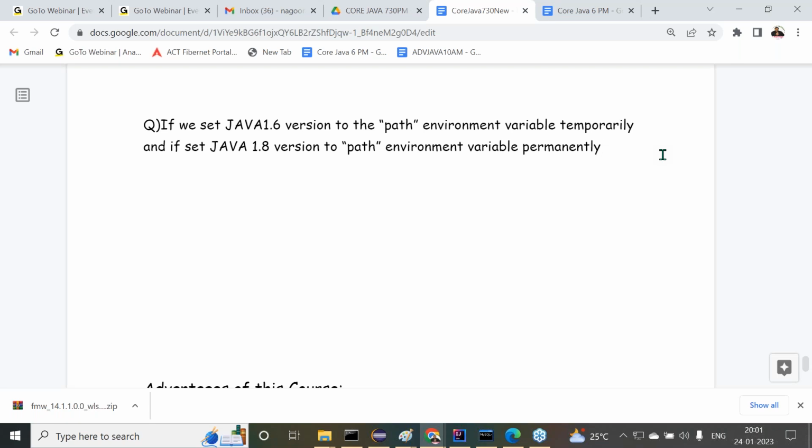What I have given up to now: if we set 1.6 version as a temporary setup, and if we provide 1.8 version as a permanent setup, then